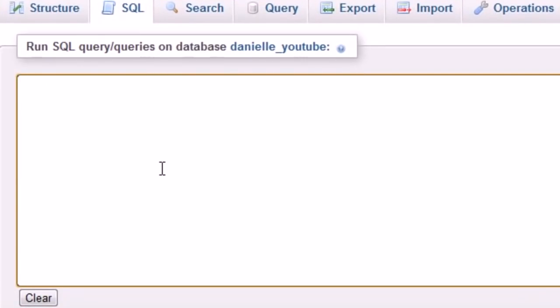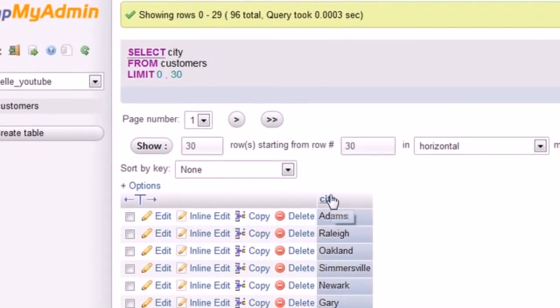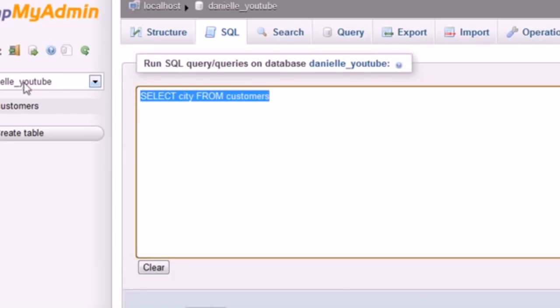And I'm going to go ahead and select, what can I select? City from customers. Now I'm going to go ahead and run this, and then I'm going to talk about it. So go ahead and hit go, and as you can see from our customers table, it returns all of the cities. So any time you run a query, you can either look at that query right here, or if you want to see it exactly like you typed it, hit show query box,